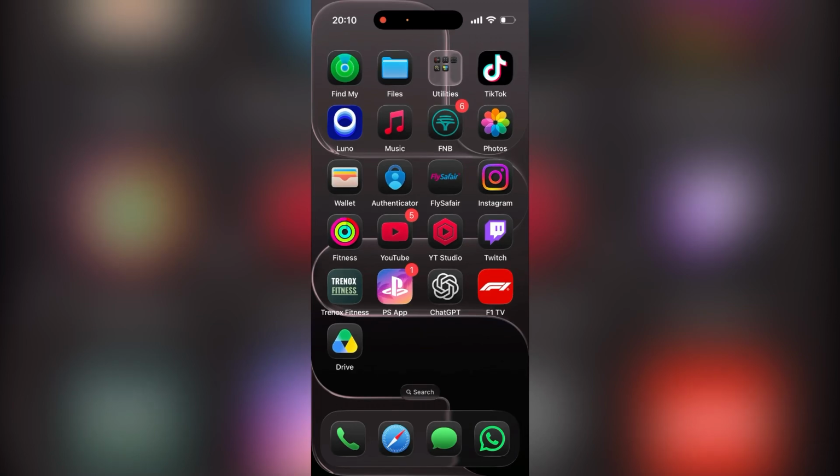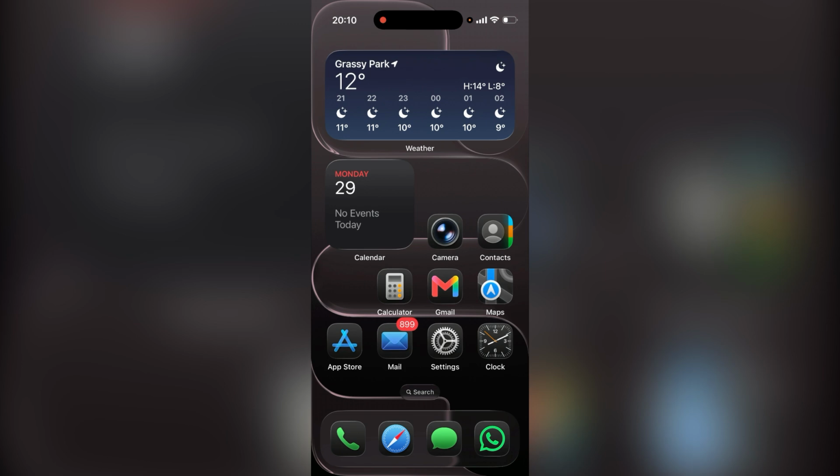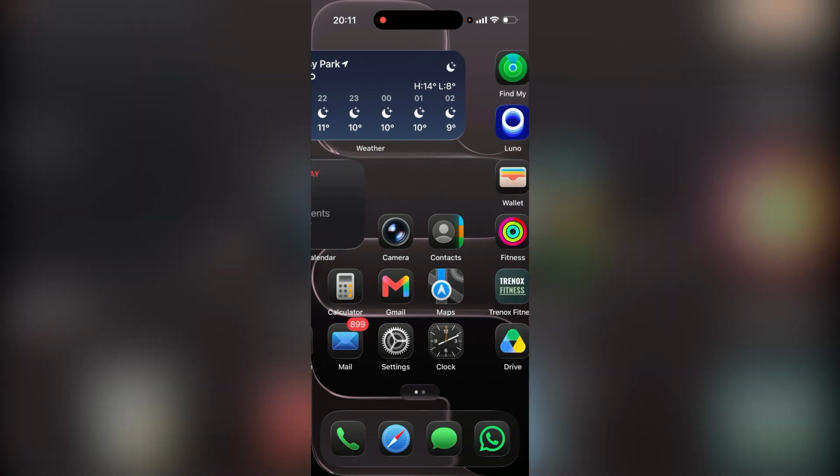Today's video I'm going to be showing you how to change your wallpaper on an iPhone. There are basically two or three methods to this, but I'm going to be showing you the easiest one right away. So you want to find an empty spot on your device, like on your wallpaper, your home